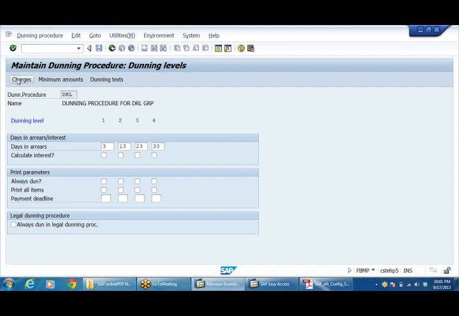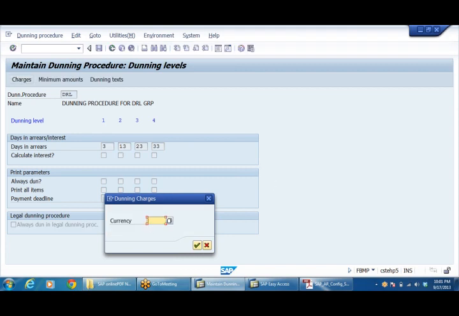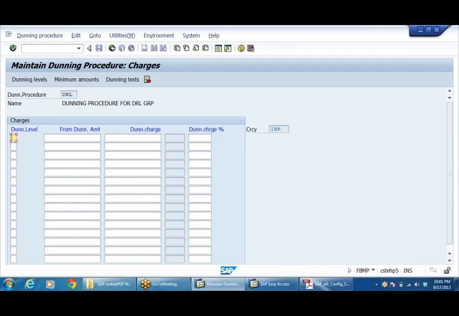I can even generate some charges. Why? Because my clerk is using time in generating the letter, and I'm sending, for example, a reminder letter through courier. I may be incurring around 40 to 50 rupees. A lot of time and money is being spent, and why should I do it? It is the responsibility of the customer. In spite of that, I am doing it. For that purpose, as a penalty, I can charge some amount.